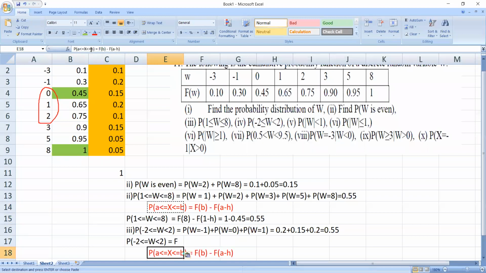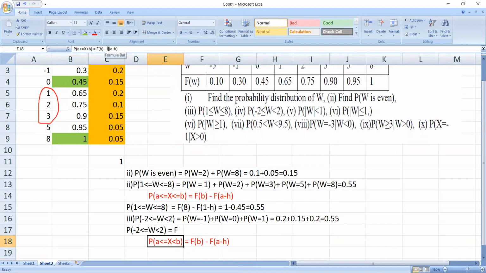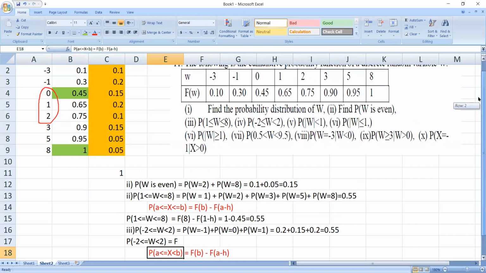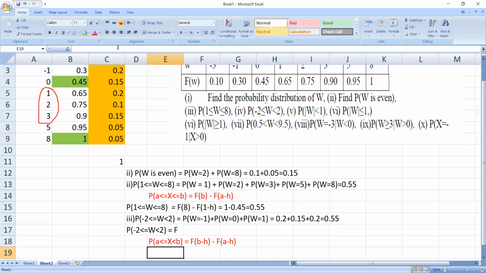So here we have less than b. So obviously the a part remains the same. Now since equality in the b is removed, some part has to be eliminated from b. Yes, so it is f of b minus h minus f of a minus h. So when you apply that formula here,